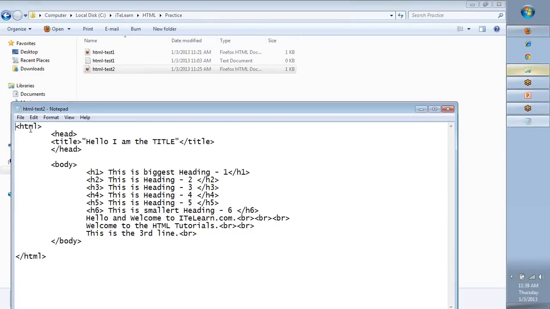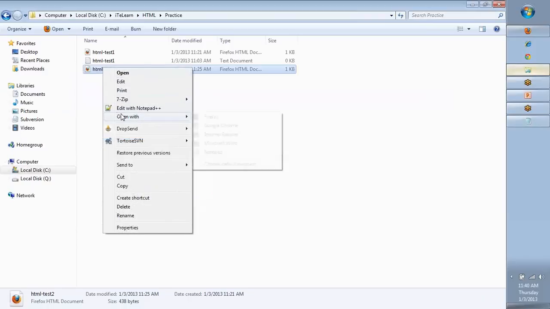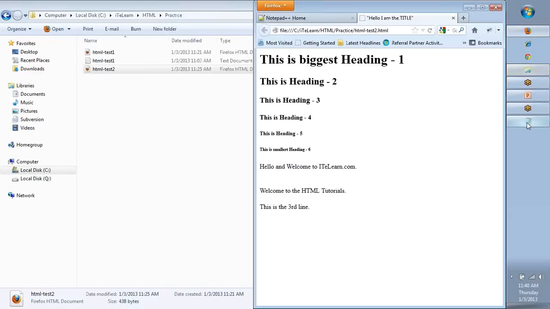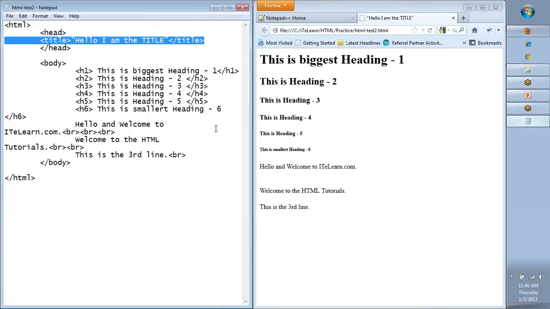We also saw how we could use the different tags like the HTML, head, body, the heading tags from H1 to H6, and the break tags. Yes, we also saw the title tag. And we were able to open them in different browsers and see how they get displayed once we start playing